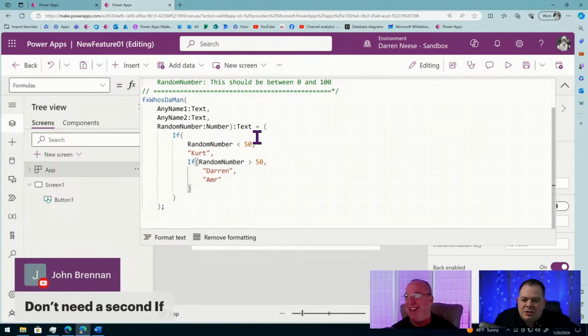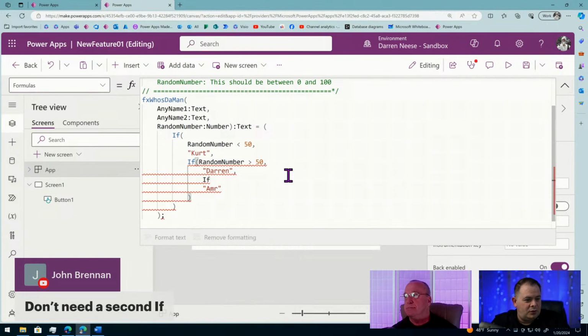We'll see what the function gives us here in a moment. So John Brennan says you don't need a second if, and that's actually true. This is something that I feel like maybe I got from you, Kurt. Something I feel is a good programming practice: if I have a branching or looping construct within a branching or looping construct, I'm always going to indent. And so something that you might encounter is we could have done a third one here, right?